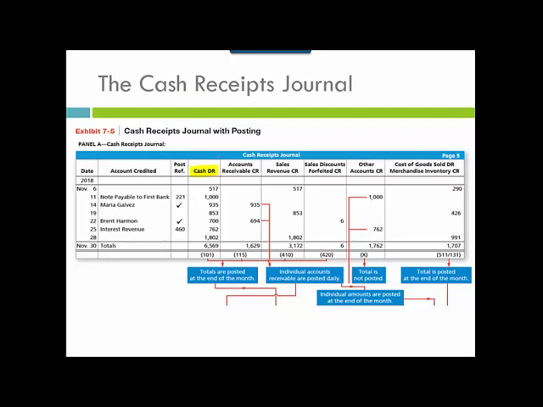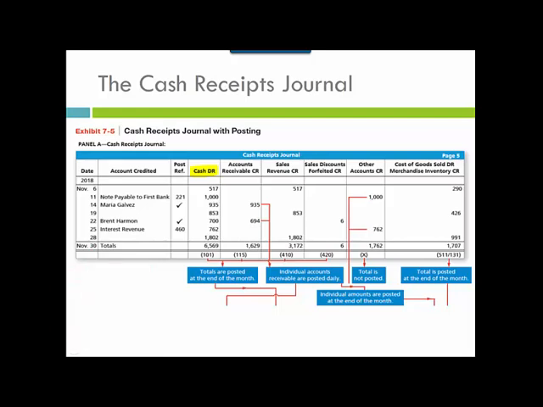So in the sales journal, it was always the same four accounts, so it was even simpler. This one's a little bit more complicated because we know the debit's always to cash, but the credit could be for a couple of things. But the fact is, we've got two main things that the cash could be coming in for, and then we'll